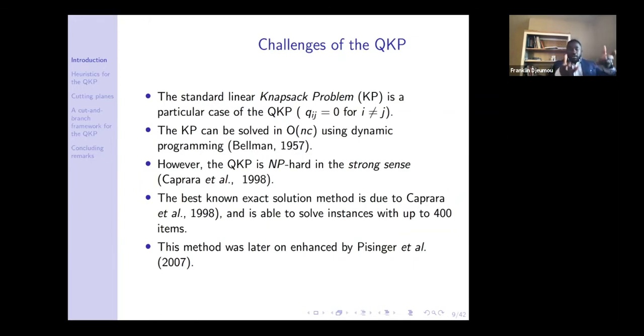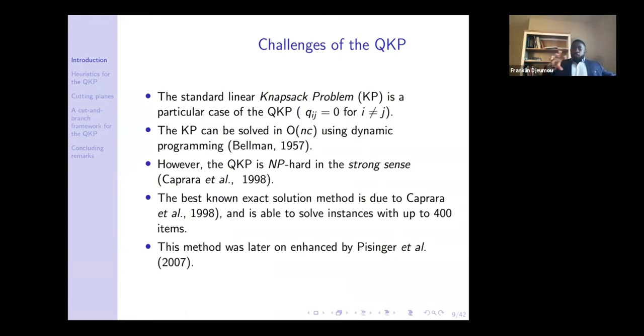But when it comes to the quadratic knapsack problem, the NP hardness here is in the strongest sense possible. That was shown in 1998 by Caprara and co-authors. So when I started working on the quadratic knapsack problem when I started my PhD in 2011,